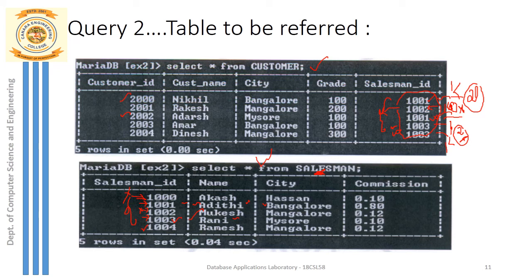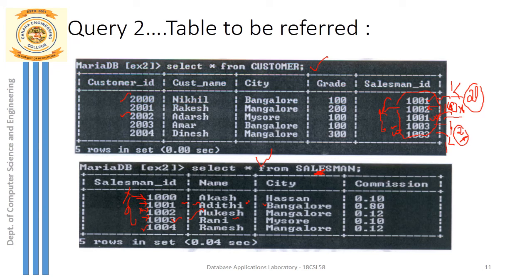Now compare this count value with 1. You need to have at least 2 customers. That is the condition, right? So is this count value greater than 1? Yes. What is the meaning of that? This particular salesman with the ID 1001 is serving 2 customers. Who are those? One is the customer with the customer ID 2000 and one more is the customer with the ID 2002. So this is a salesman who is serving more than 1 customer.